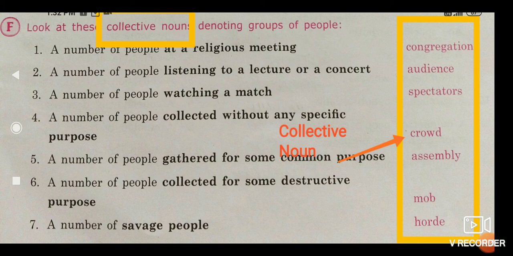This is how, on the left hand side there is a group of people, and on the right hand side collective nouns. These are the words which are known as collective nouns, and they are representing a group of people. This is how we have learned collective nouns and formation of abstract nouns, and our second chapter, nouns, gets completed here.